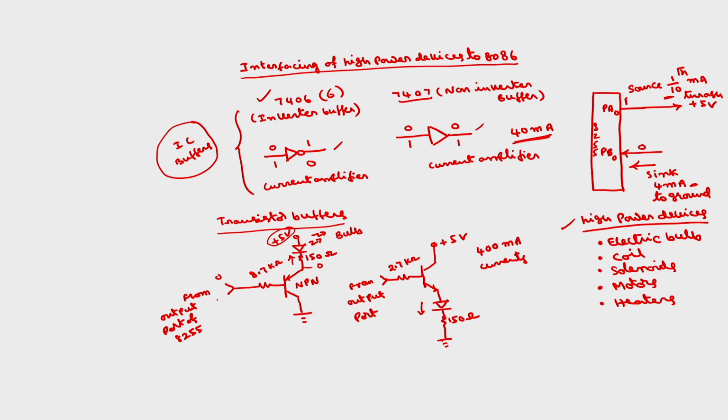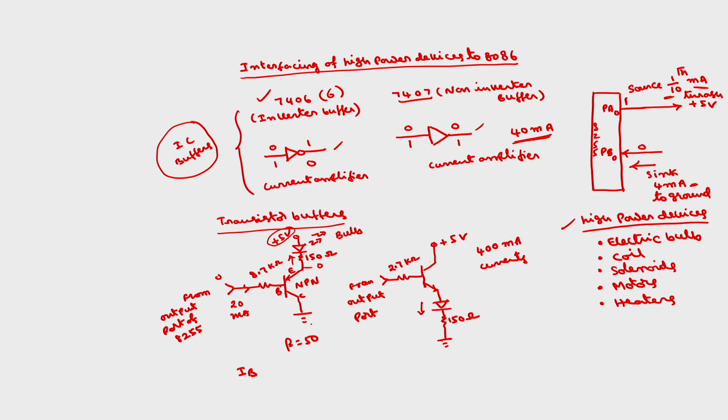From this port we know that it is going to give only a current of the order of 40 milliamps, and suppose I take this one as 20 milliamps. This 40 milliamps will be after the buffer. So here this will be of the order of 1/10 of a milliamp. So I am taking this as 20 milliamps. And if the beta of the transistor is say 50, this IB is the base current, this is base, collector, emitter.